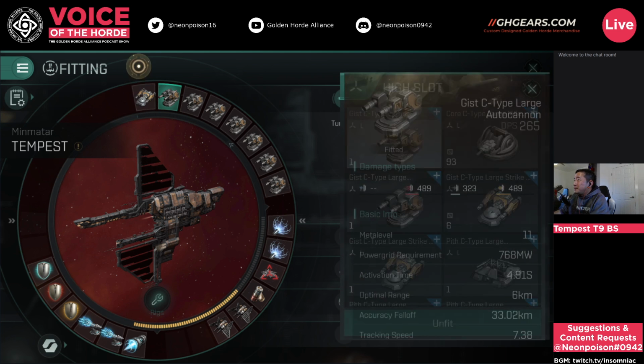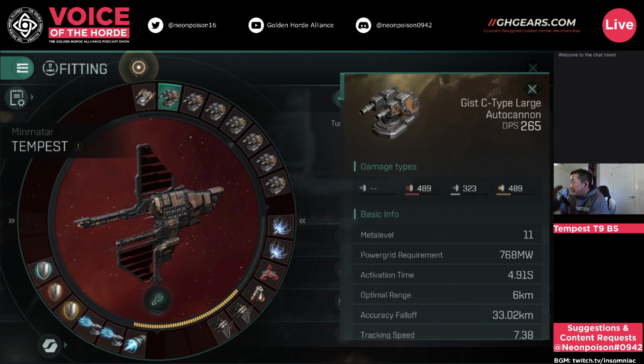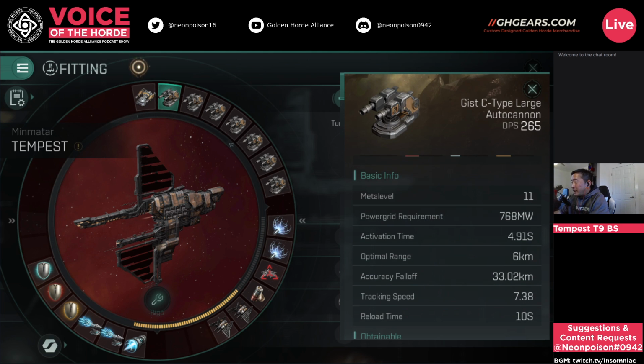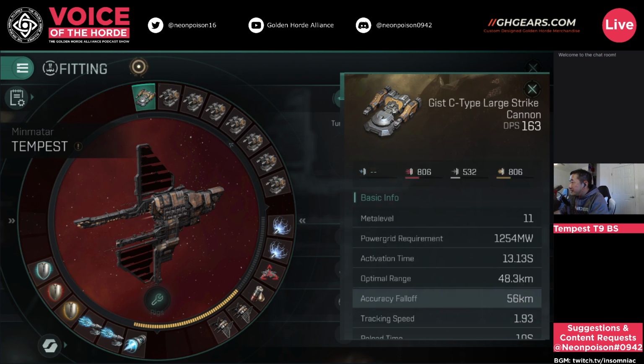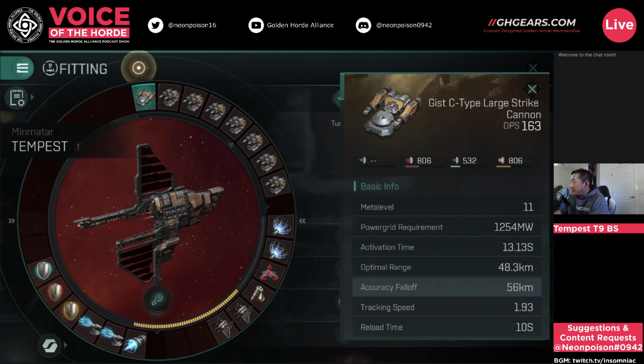Before I switch them, let me compare the difference for you. 265 DPS on the autocannons, the close range ones. Again, the range is very, very small, about 39 kilometers, 40 kilometers. About the same as my NOS. So let's say 40. But on the large strike cannons, the snipers, which most people are going to use as